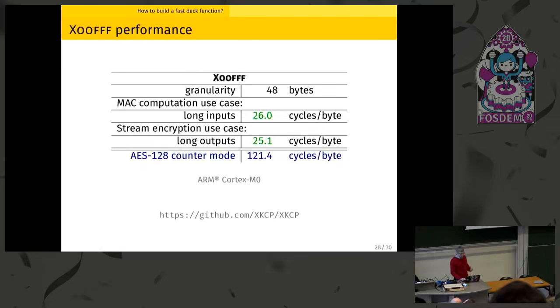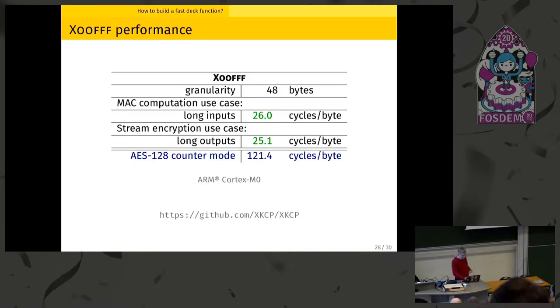Okay, so the last thing is about Xoofff. As the name suggests, it is supposed to be fast. But the key message for Xoofff is that because we use a smaller permutation, the state can fit in 12 registers of 32 bits. So that can fit in a typical ARM Cortex processor. It can also run fast on small processors. And because of the parallelism, it can also run fast on high-end processors.